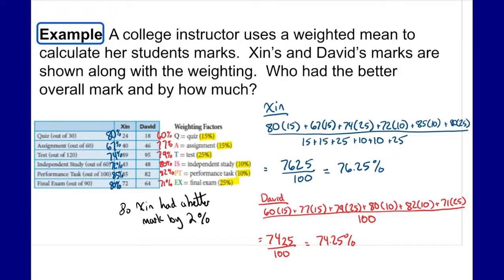So again, that's how you calculate the weighted mean or a weighted average. Essentially, that's how your mark is calculated itself, because again, not everything is weighted equally. Some things are worth more, like tests are worth more than quizzes and assignments and so on. So this is essentially how your overall mark is calculated. But again, the main thing from this lesson is just looking at the different types of statistical measures that you may come across, how to calculate them if you have to, and also what they mean.